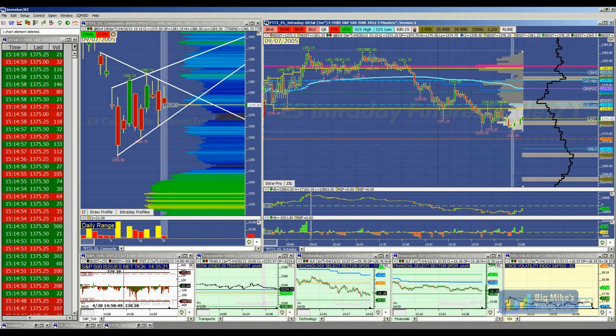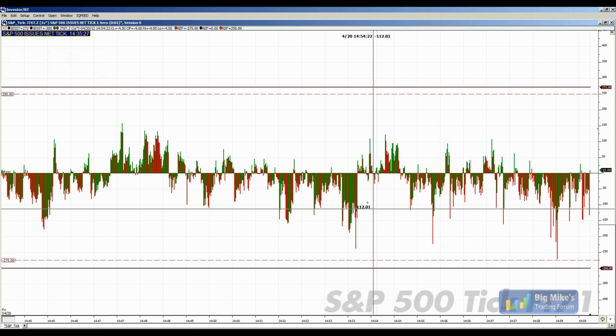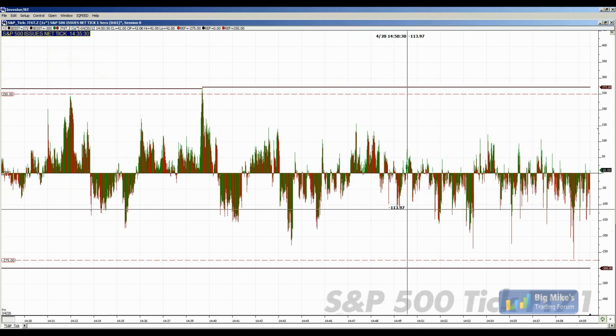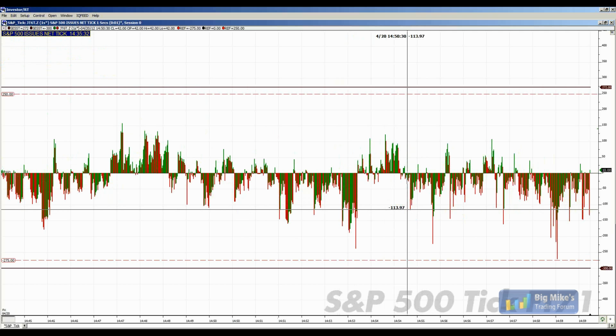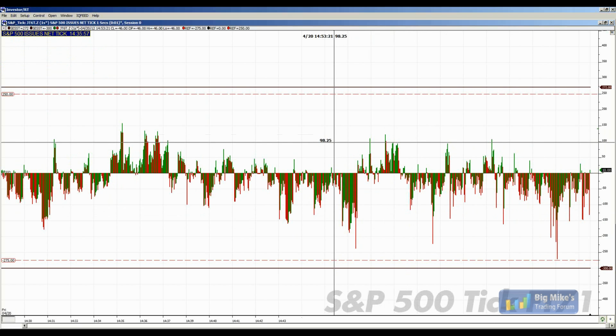I'm looking at internals. This chart down here is the S&P 500 tick. I do not look at the New York Stock Exchange tick. I just personally have done a lot of testing. I don't really care that a universe of 8,700 prices are ticking up or down. I'm trading the S&P 500, therefore I want to know how many stocks within the S&P 500 are up ticking or down ticking. I did a lot of studies on what is an extreme tick in the S&P 500 tick,